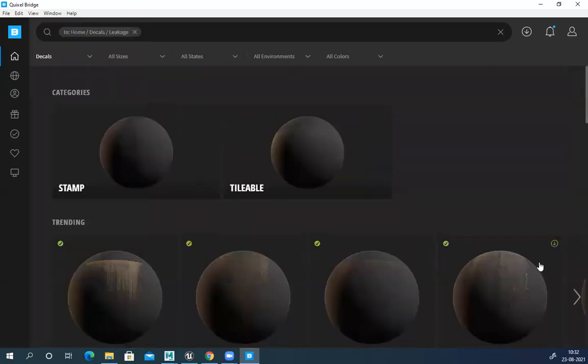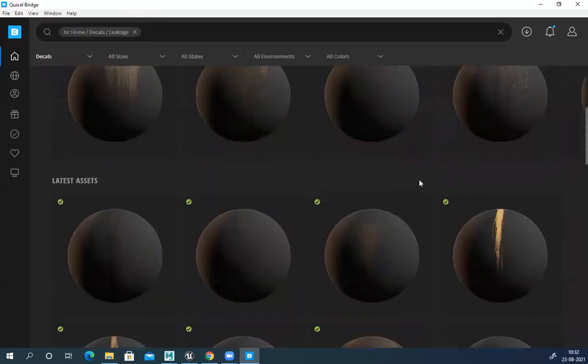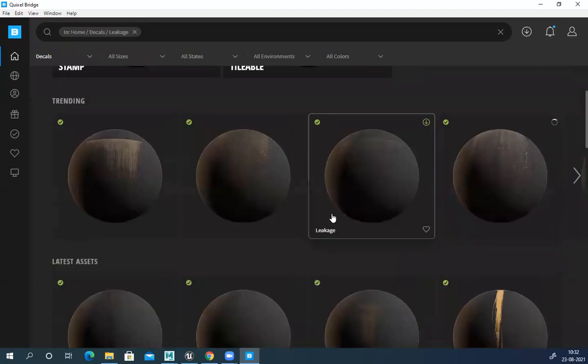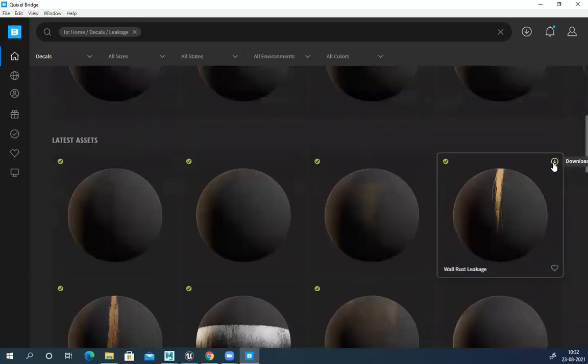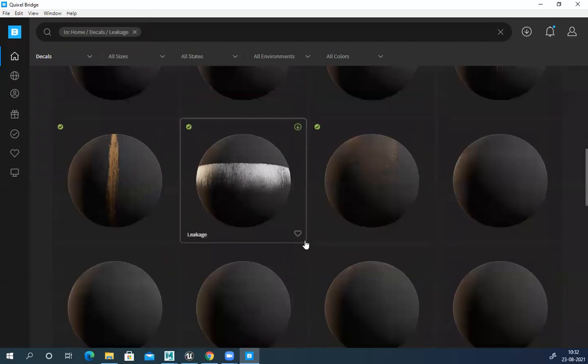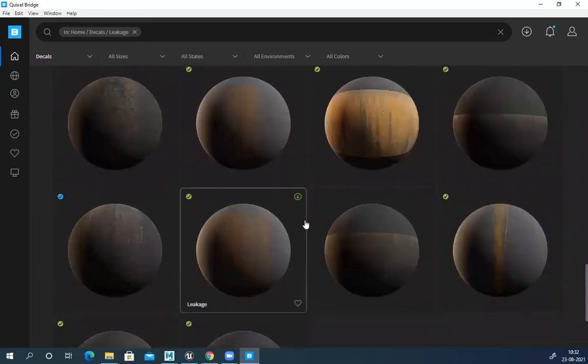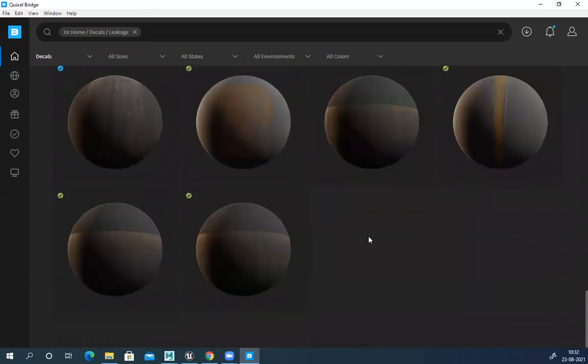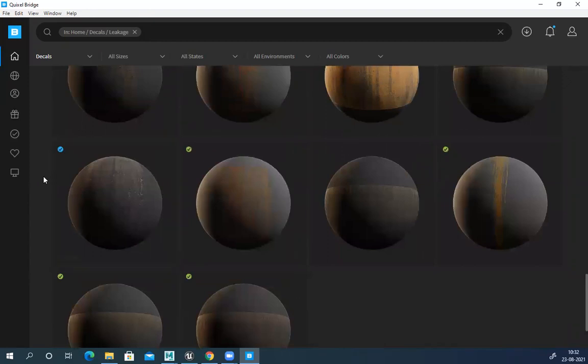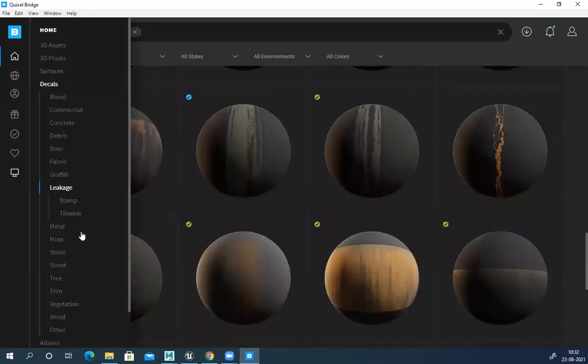Leakage. It's loading now. Let's see. Metal, moss.